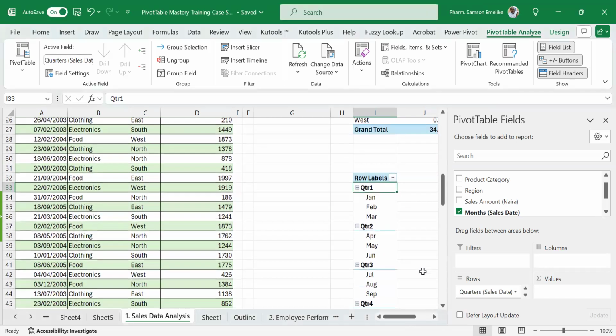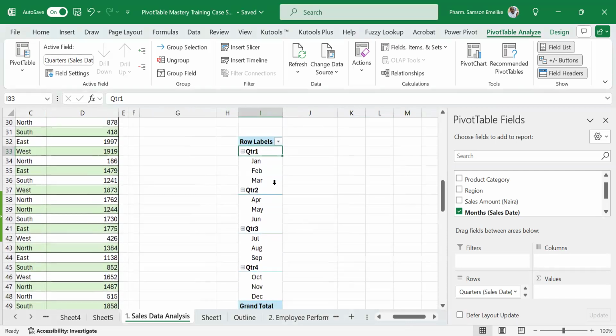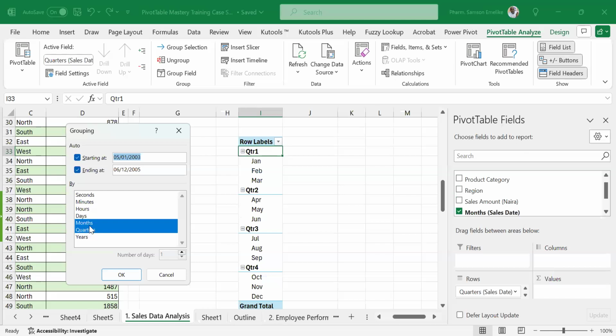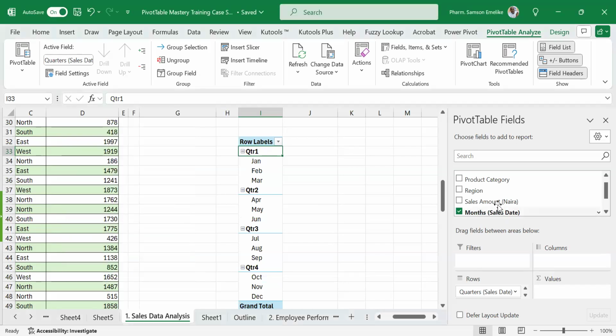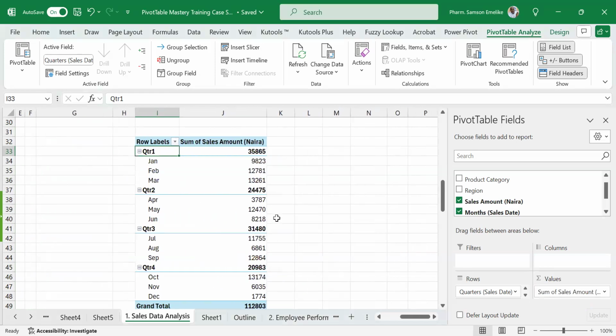So you see that each year now has been disaggregated into what I want. If I look at my group, I say I want to see them in months and quarters. In months and quarters. So what it means is that if I want to look at my sales value, I'm going to view them depending on what your focus is. If you want to view them by